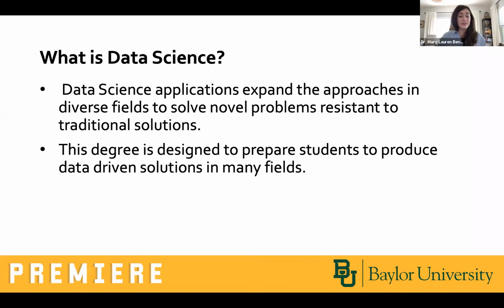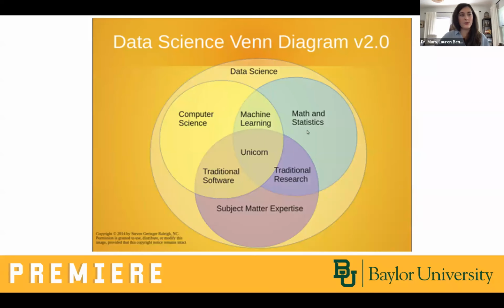If biology is not as much your thing, we also have a major in data science, which is a little bit broader. Data science is a degree that allows students to apply computational techniques to a wide range of fields in order to solve problems. So I like to use this Venn diagram. If you think of this big yellow circle here as data science, it contains many smaller subfields, things like computer science, mathematics and statistics, and then this other purple circle, that's subject matter expertise.